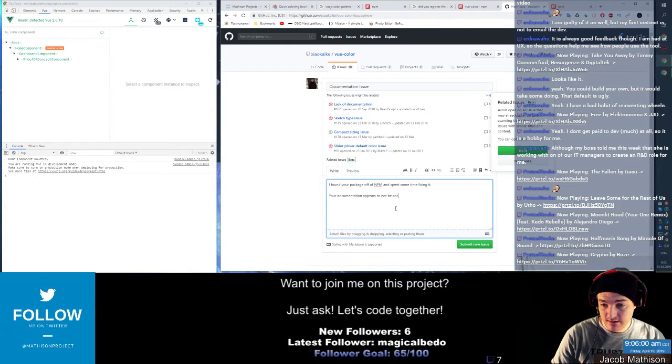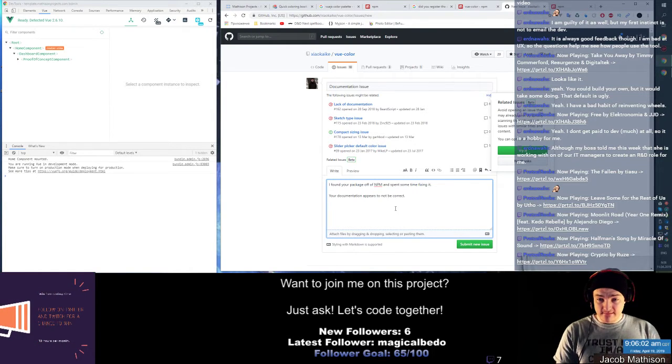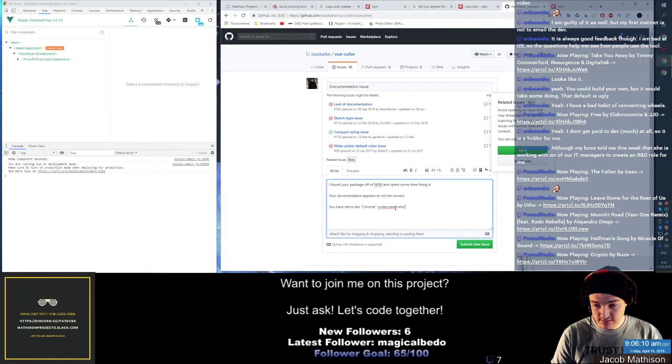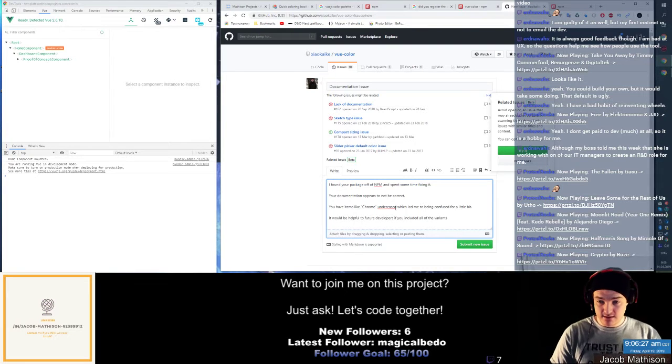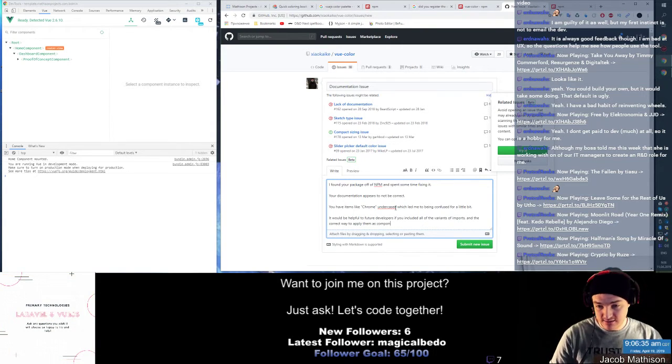Here's not correct. We have items like Chrome under, which led me to being confused for a bit. It would be helpful to future developers if you included all of the variants of imports and the correct way to apply them as components. E.g. with